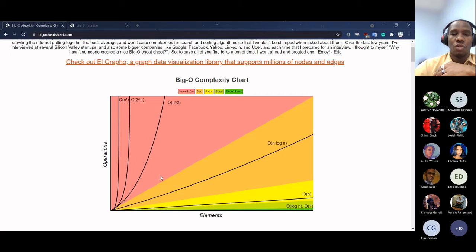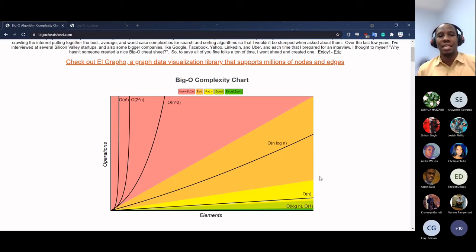in terms of being linked to this operation chart. Okay, so if we have an operation that could be represented as O n log n, these are bad, but it's not unusable. What it's saying here is that there's a relationship where the more elements you have, it's approaching a one-to-one relationship between elements and time. So if we have 1,000 elements, it would take about 1,000 seconds. Whereas for